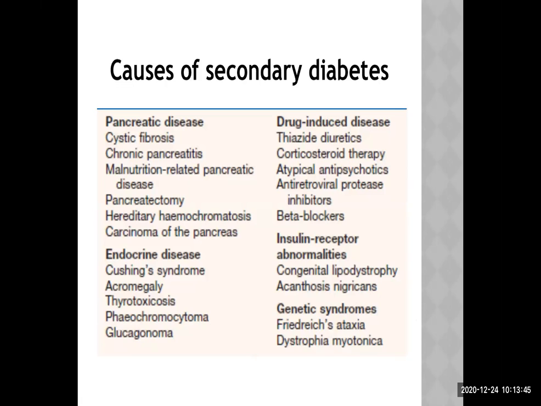Now, what are the secondary diabetes? Because of some disease in the body, there is damage to the pancreas gland, or to be very precise, the islets of Langerhans or beta cells. So these are the causes of secondary diabetes. Very important question from the exam point of view. Let's elaborate a little bit on it. Pancreatic disease is the first one, like cystic fibrosis. Though cystic fibrosis mainly damages the exocrine part of the pancreas, over the process even the islets of Langerhans can be damaged. The whole pancreas gland can be damaged.